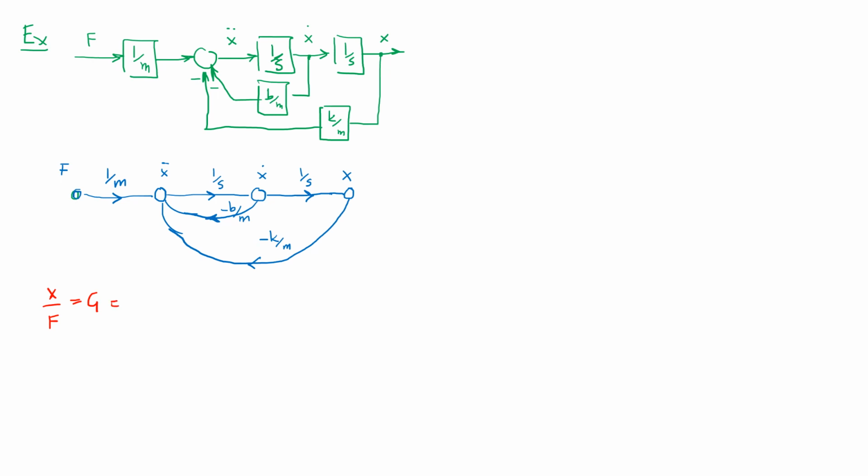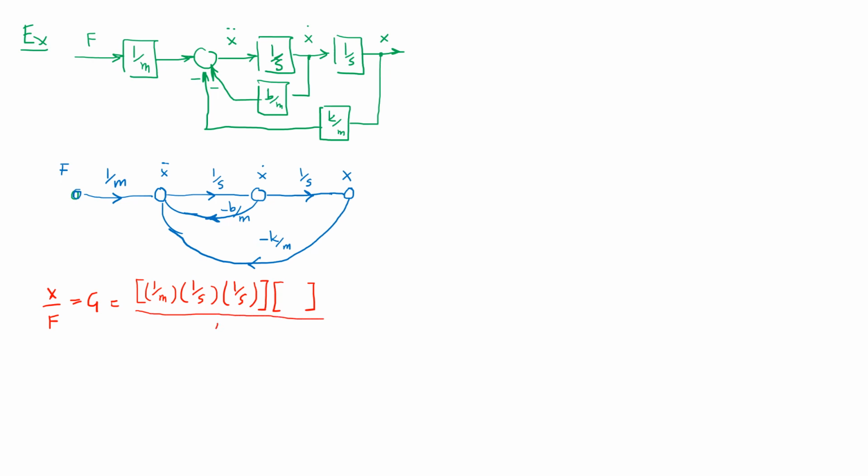So this is going to be equal to, in this particular case, you can readily identify that the path starting from the input node all the way to the output node is only one. So you're going to have only one forward path available, and that gain is going to be 1 over m multiplied with 1 over s multiplied with 1 over s. That is quite obvious. And that is then needed to be multiplied with the cofactor for this forward path. I'll write that one down later on once I've got the